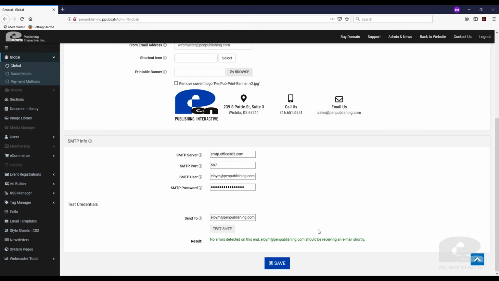So why do this? If you have forms on your website and you configure the SMTP server information, when your forms get submitted and you have auto replies in place, those auto reply emails will come from your outgoing mail servers, which in turn helps cut down your emails landing in a spam filter or a spam folder. So this is very helpful, not just for regular forms, but if you have the event registration module